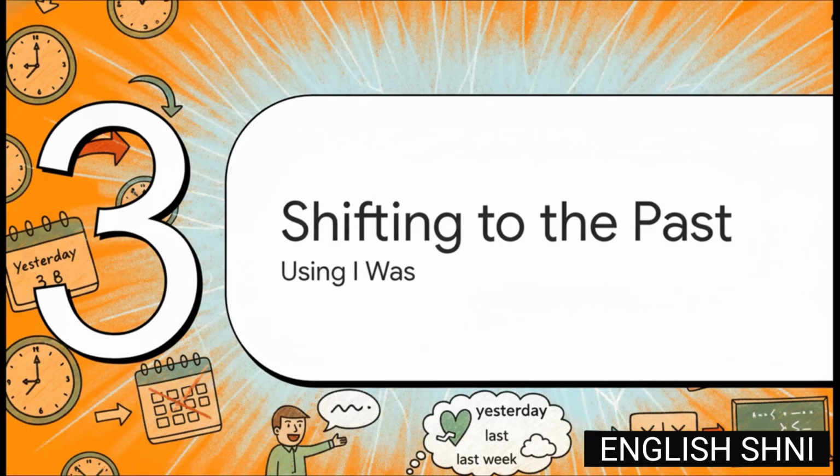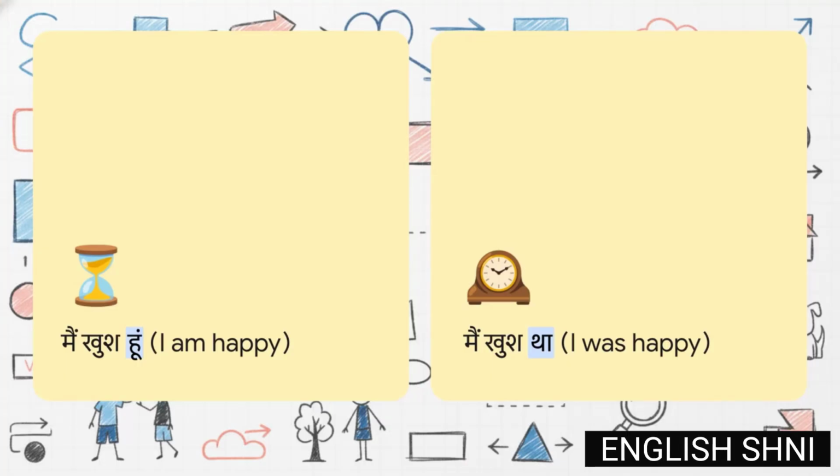Moving right along. Section shifting to the past. Okay, so now that we've totally mastered the present moment, we've got a fun little progression twist. How do we talk about things that already happened yesterday? Well, here is your simple time shift. We know the present tense is I am happy. To jump into the past, that tiny middle connecting piece just changes. The am simply shifts to was. Boom, it instantly becomes I was happy. The subject and the feeling stay exactly the same, only that tiny middle connecting word changes to let everyone know we have moved back in time.